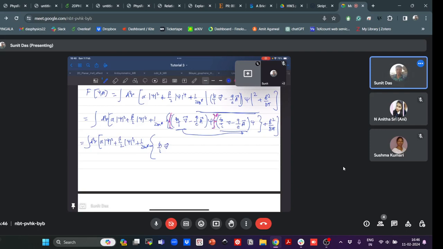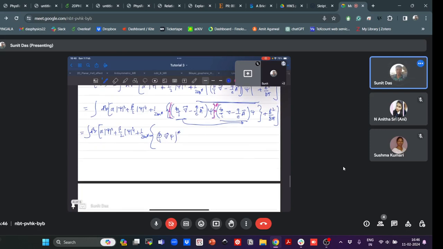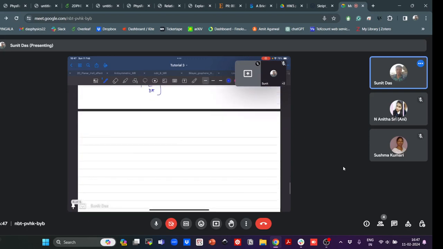Okay, grad psi star and then this whole part h by i grad minus q by c A psi, plus this part and this whole part, minus q by c A psi star and then h by i grad minus q by c A psi, plus B square by 8 pi, right? Equal to